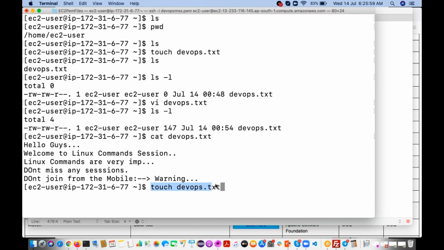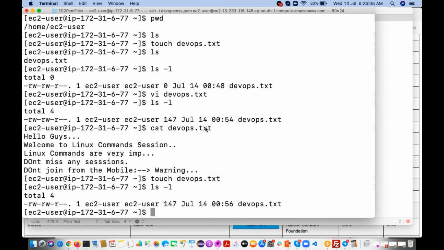Now I am executing this command. Hit the enter. Now let's open it. Just observe. Earlier it was July 14, 54 minutes. Now July 14, 56 minutes. The size is not changed.